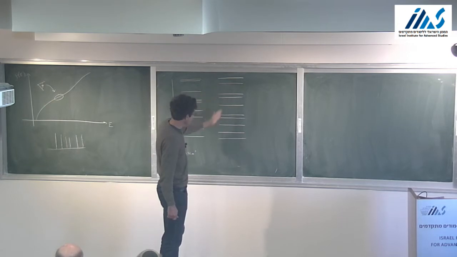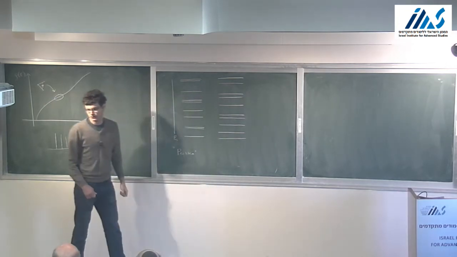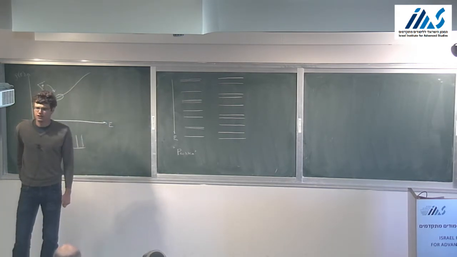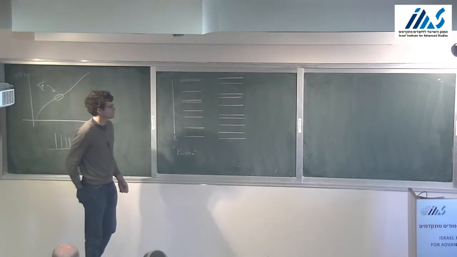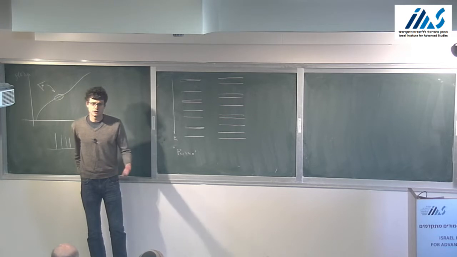So you could ask, what is the actual statistics of these energy levels? The conjecture is that these energy levels are distributed like the eigenvalues of a random matrix. This conjecture is known as random matrix universality, and it has a very long history in physics, going back to the work of Wigner, maybe earlier, I'm not sure.